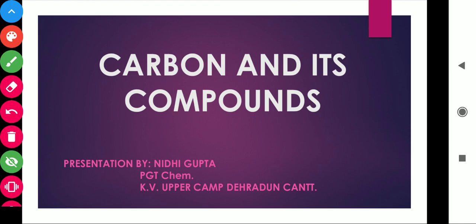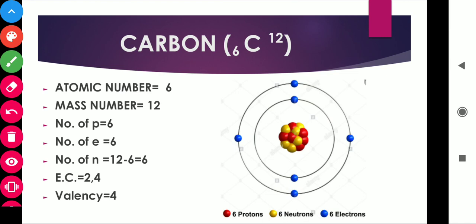In this chapter, we will study about carbon, bonding in carbon, and different compounds which are formed by carbon. It means in this chapter we will study a lot about carbon. Study of carbon is in organic chemistry, meaning we are discussing organic chemistry here. Let's begin with the different properties of carbon.